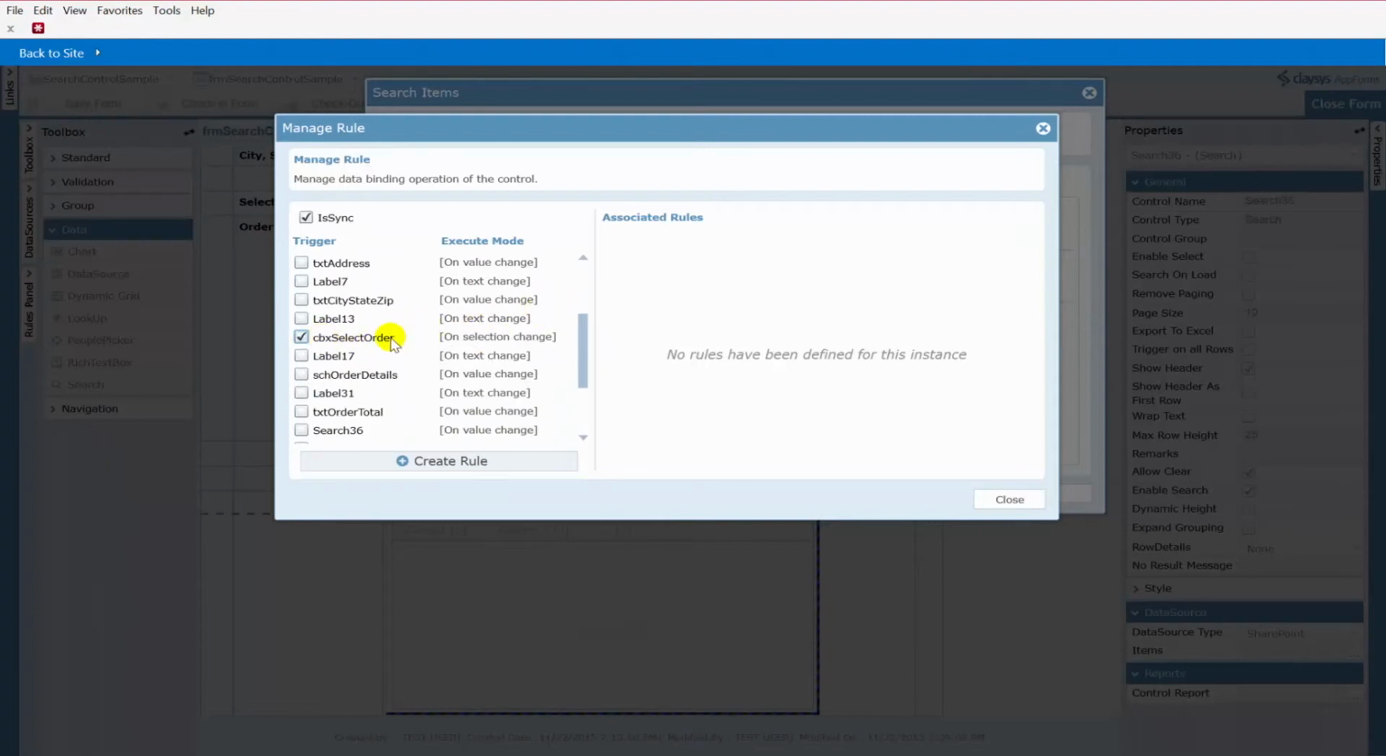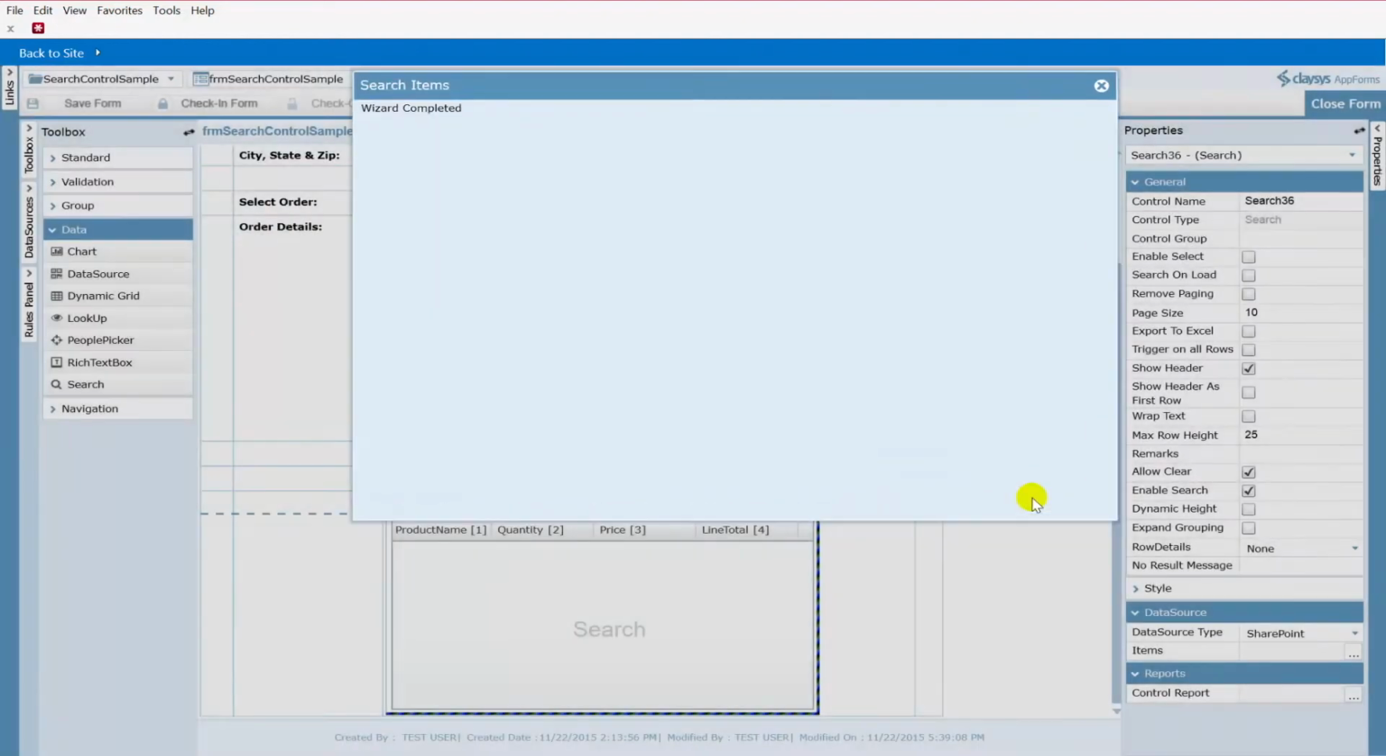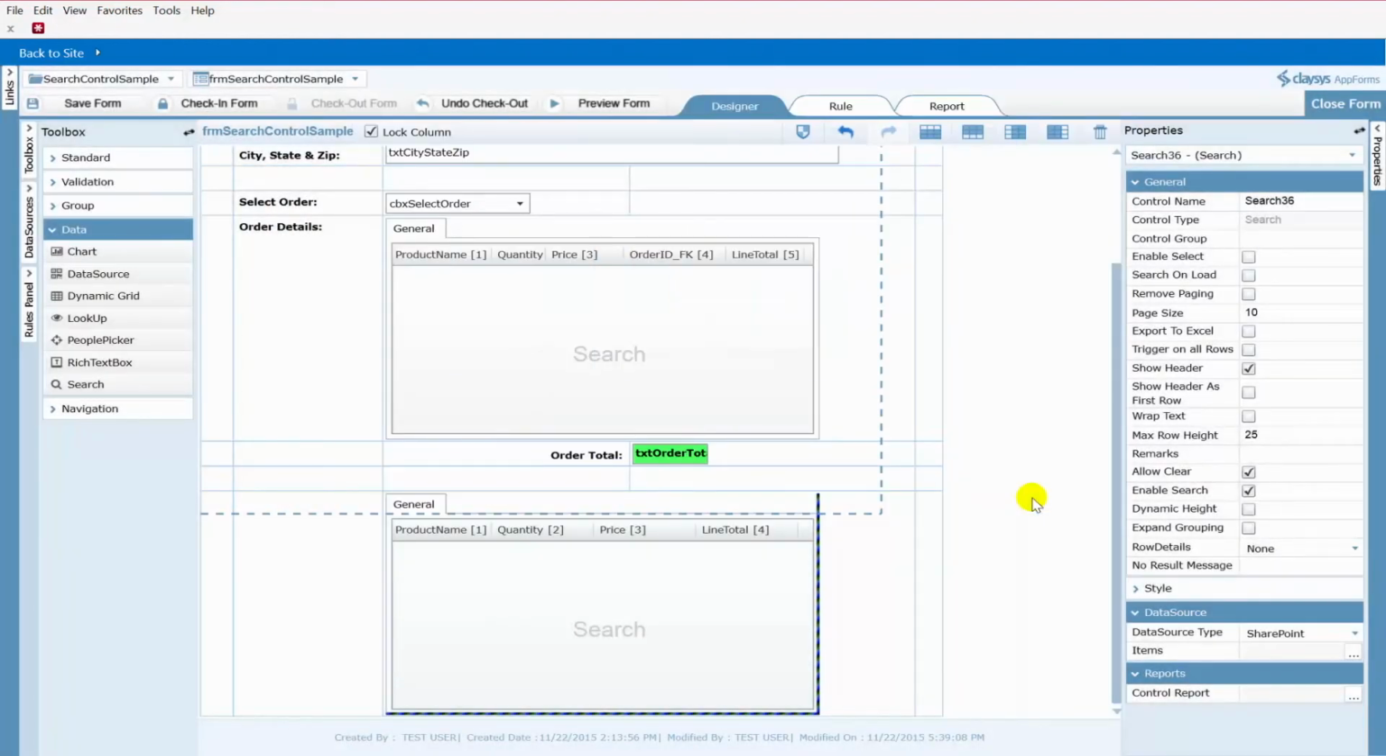So I'm not going to check that here because we already got that selected. I don't want to add another one. But remember, that's the last thing of this process, adding that trigger. When do you want the data to be populated into the search control? So I'm just going to uncheck that, close that, and we'll click Finish. We have now, in those few steps, done the exact configuration that we need for this search control to implement that link button functionality. So if I were to preview this,